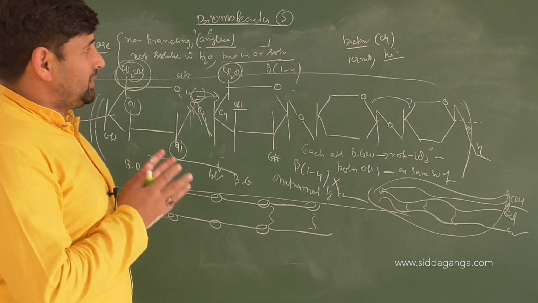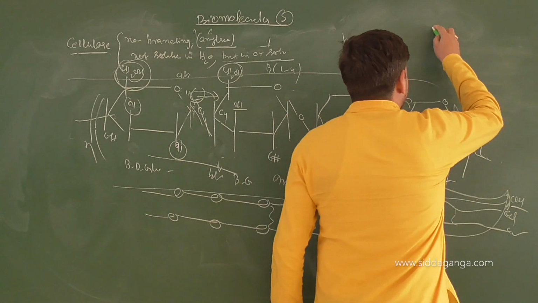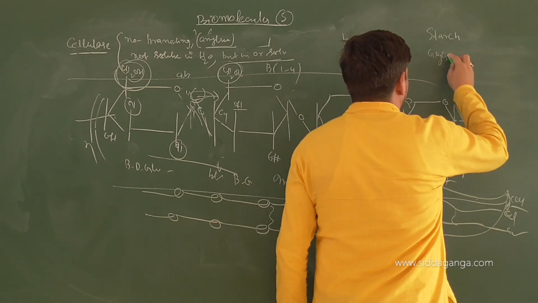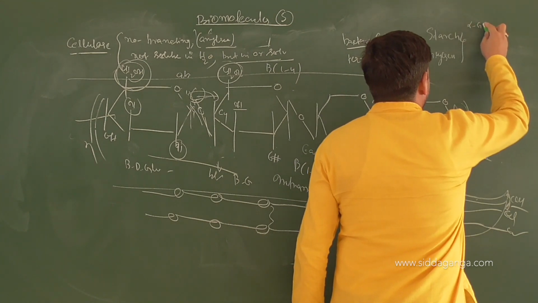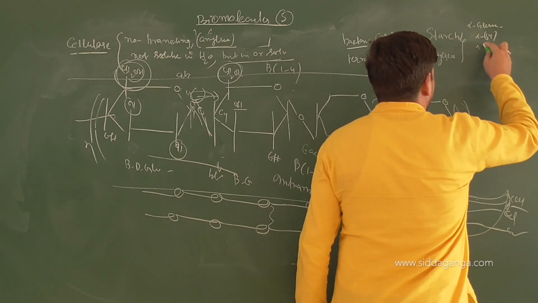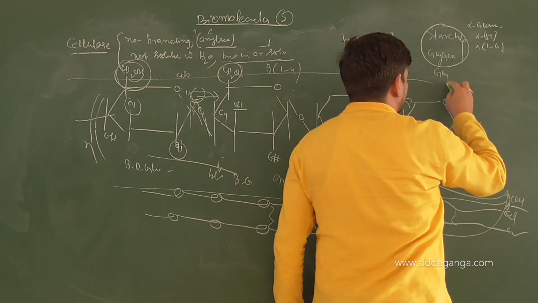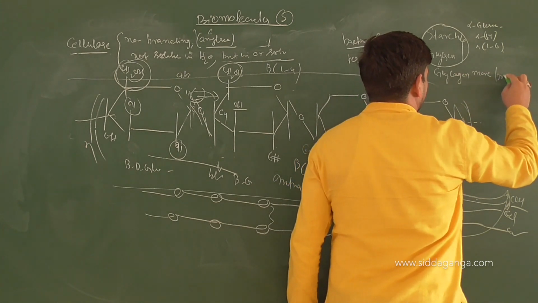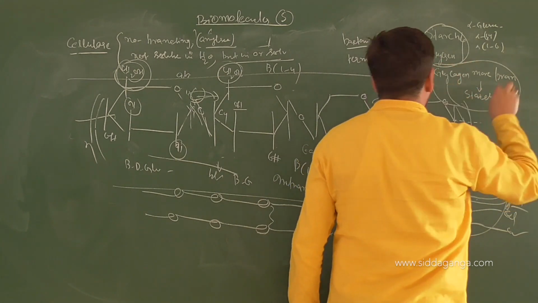So these are polysaccharides. All the three polysaccharides are non-reducing. Let me revise it a bit, children. So we have starch and we have glycogen. Structure wise they are the same. What is the basic molecule? Alpha glucose is there. Alpha 1,4 and alpha 1,6 links are there. The only difference between the two is that glycogen is more branched compared to starch. And I explained the structural feature with respect to that.